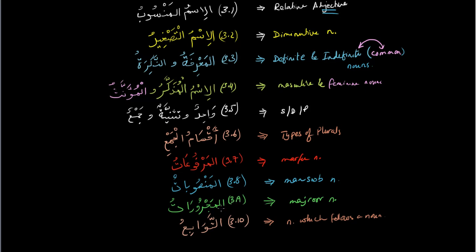And then 3.9, al-majrurat, nouns that are always majrur. These three sections are al-marfu'at, al-mansubat, and al-majrurat: nouns that are always marfu', nouns that are always mansub, nouns that are always majrur. And finally, at-tawabi', and this is nouns which follow other nouns, as in tabi', the followers. So tawabi' are nouns which follow. A noun that follows another noun, that they're linked to each other. There are two nouns that are linked to each other in that way.